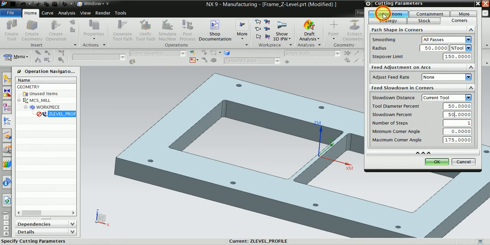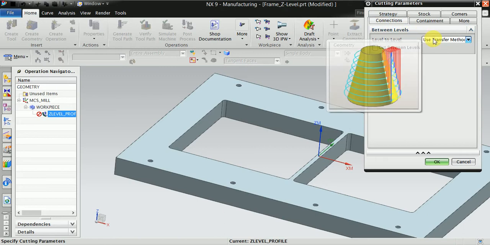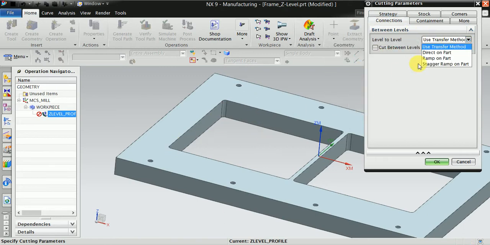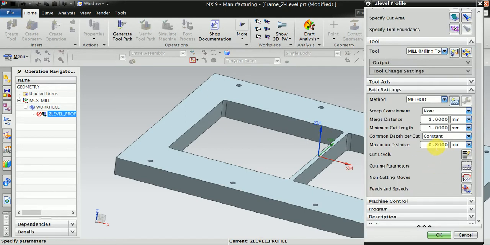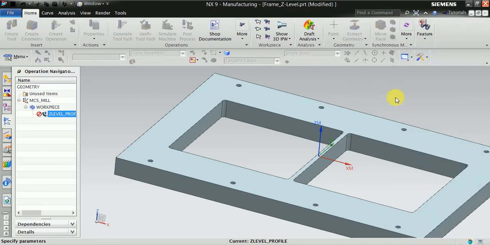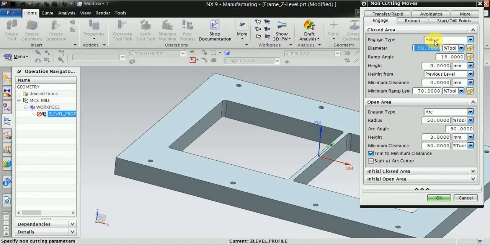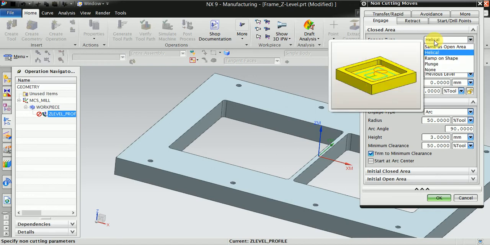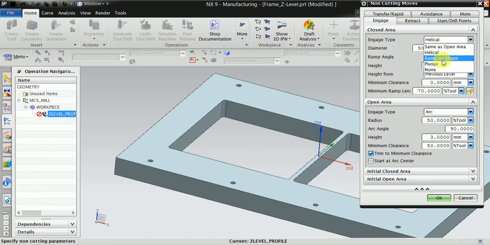Now connection, the cutter is cutting a ramp into the material. Now ramp on part 0.8. This one must be the same as the cutting per pass, 0.8 mm. Now non-cutting moves, cutter entering to cut the material, select ramp on shape.